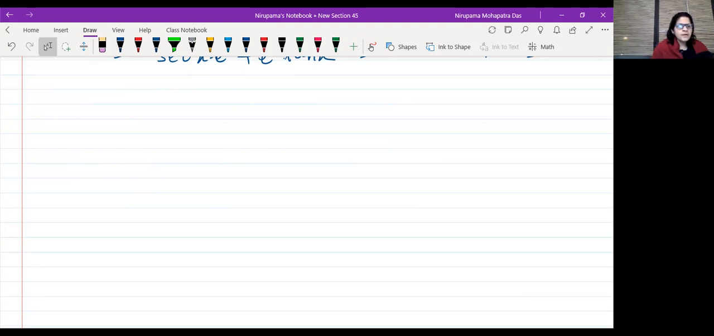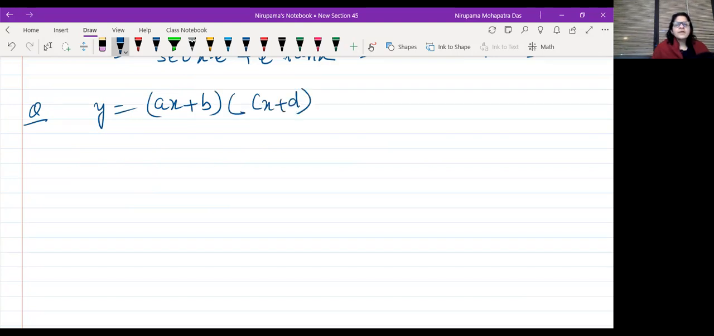Okay, so next, maybe last question. y equal to (ax plus b) into (cx plus d). Again, as you know, you can multiply this out to get the polynomial and then differentiate, or you can use the product rule also. dy by dx is d by dx of (ax plus b) into (cx plus d)